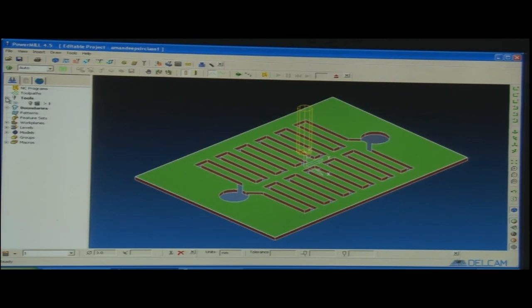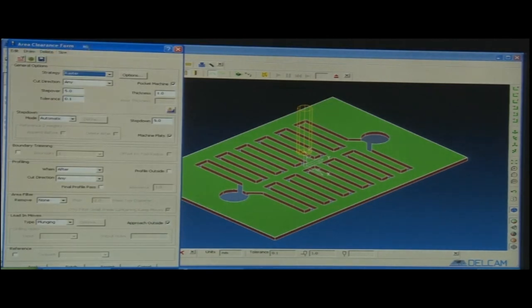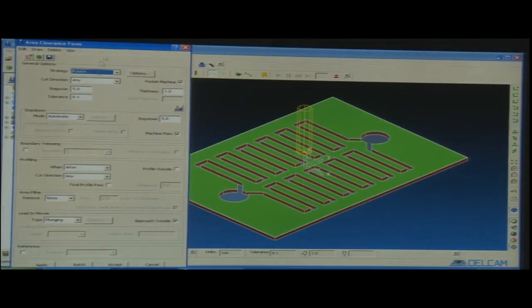We have defined the workplane, we have defined boundaries, we have picked one tool, that is a 3 mm end mill cutter. Now, 2 important things are left, that is tool path and NC program. Now, we need to define the tool path next. After defining the tool path, we will focus on our final output, that is the NC program. So, then we need to choose our strategy. We can go with the area clearance form, what kind of area clearance we would like to have here. So, these are all options for the area clearance.